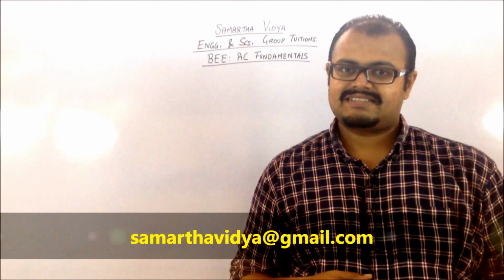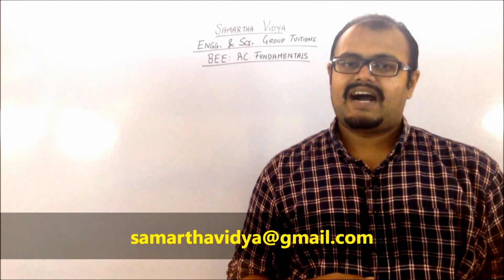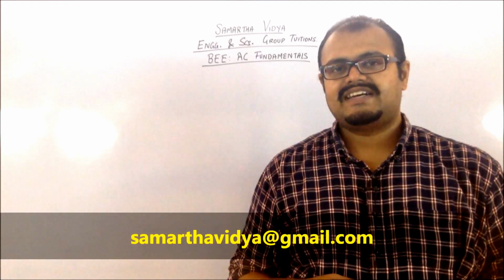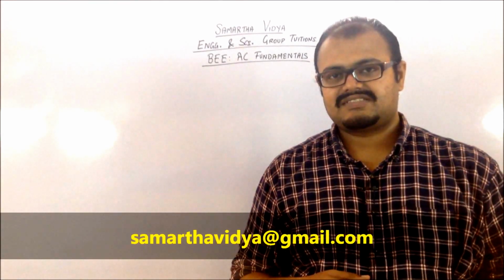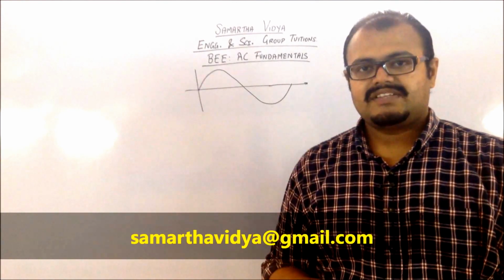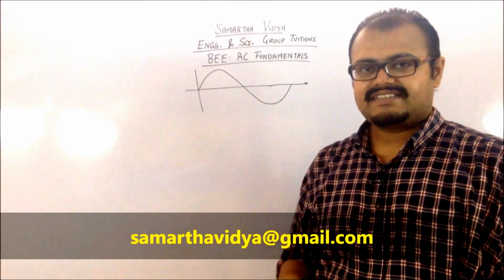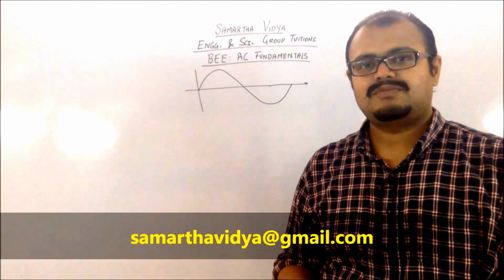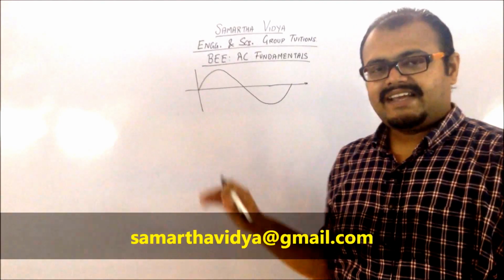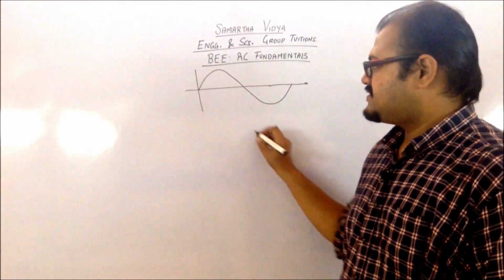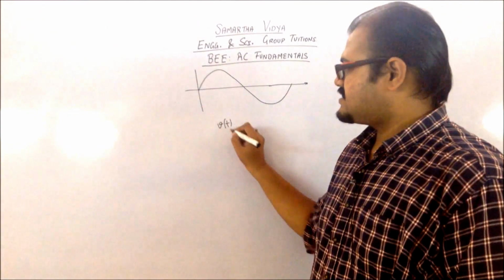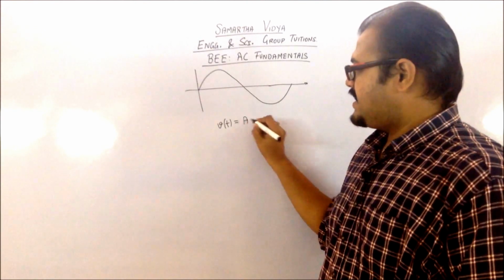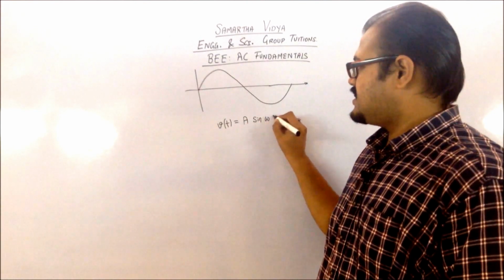So to analyze the AC circuit, you have to first of all understand how to analyze the currents and the voltages which will be flowing. So before that, let us try to understand some of the definitions for your AC waveform. Whenever you are dealing with your AC circuits, you have to understand this AC waveform. This is one type of AC waveform in which we are considering it to be a sine wave. So the equation for this particular waveform can be given by V(t), that is your voltage, which is changing with time, will be equal to A sin(ωt).